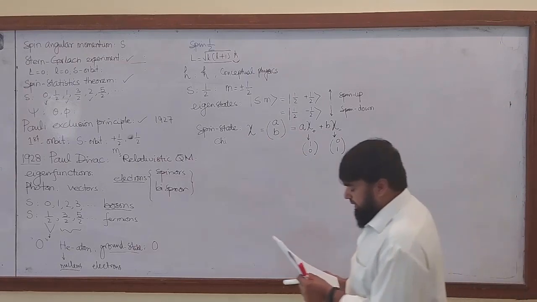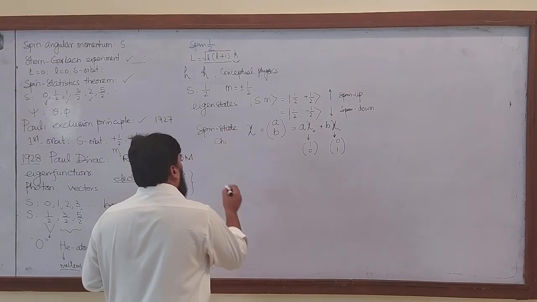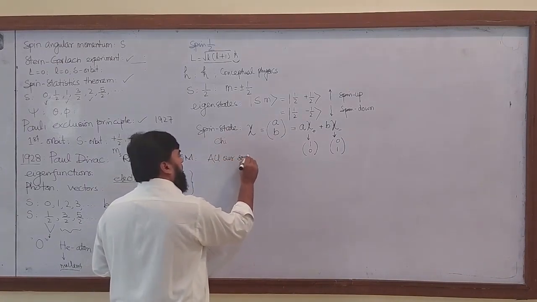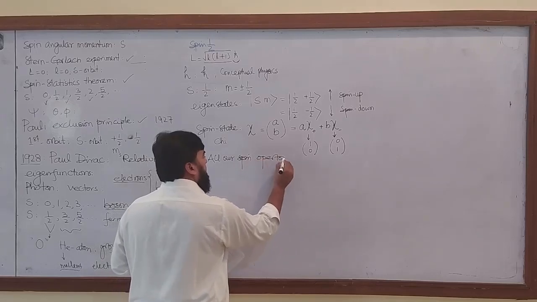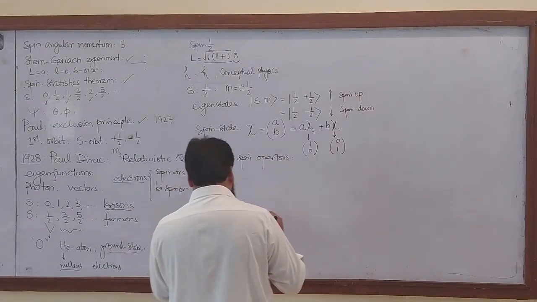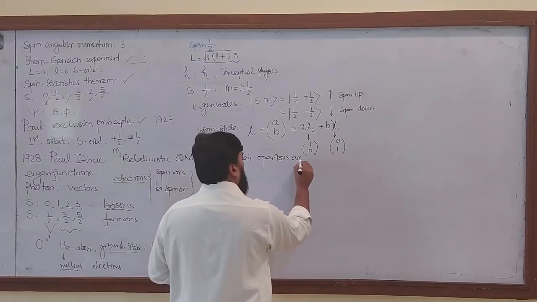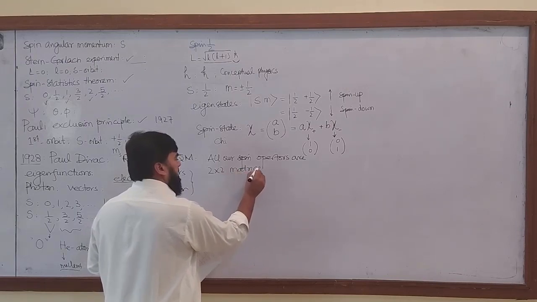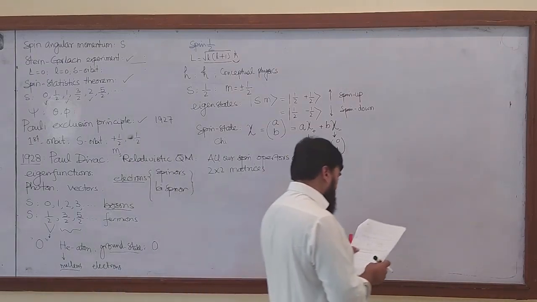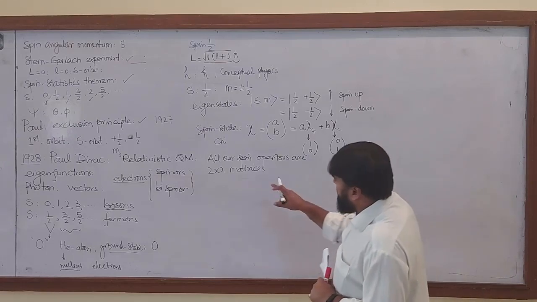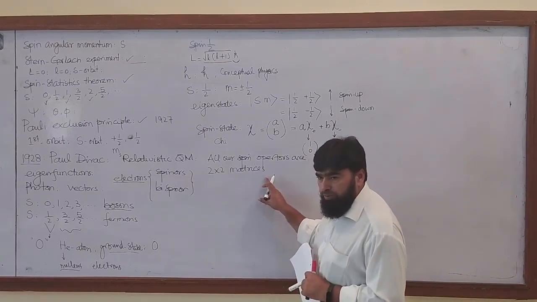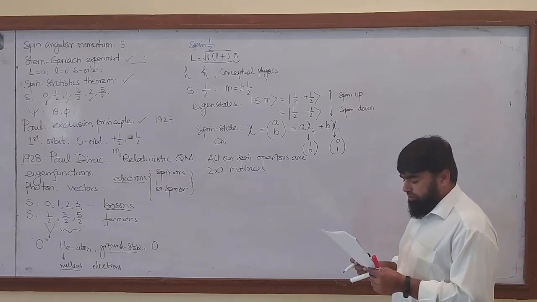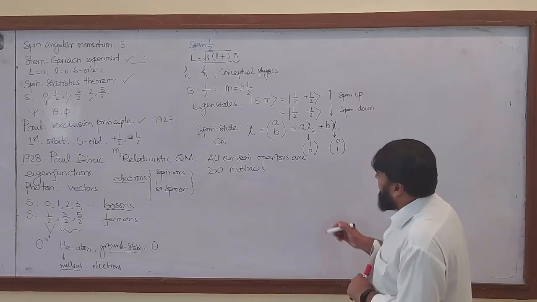Now all our spin operators are 2 cross 2 matrices. Why 2 cross 2? Because one will be called spin up while the other will be called spin down. So now our job is to find out